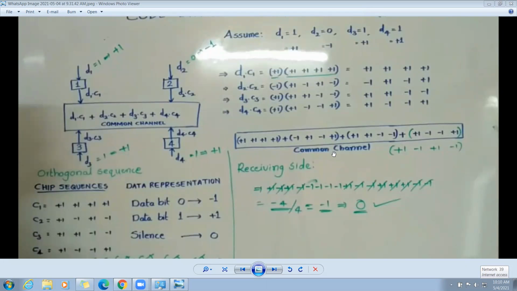Code division multiple access. Here in the common channel, all data is combined. Okay. Now let's